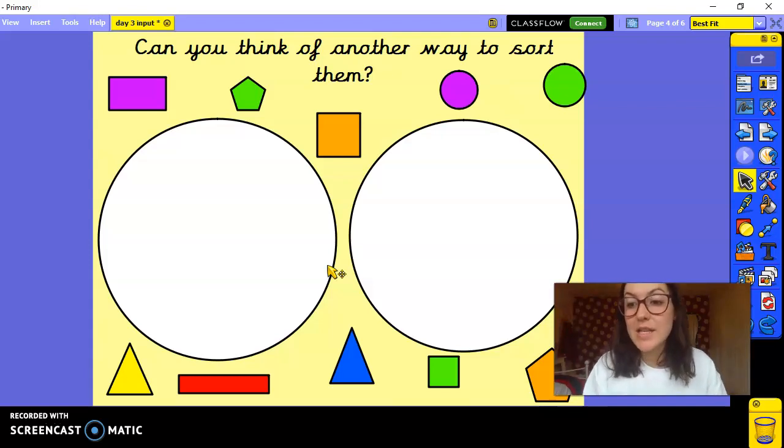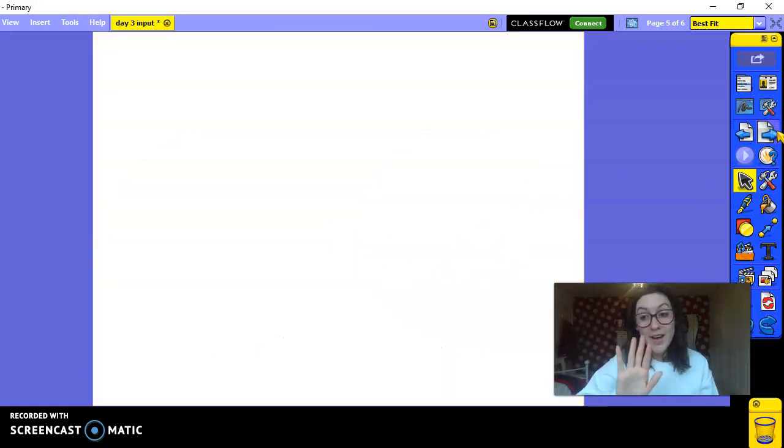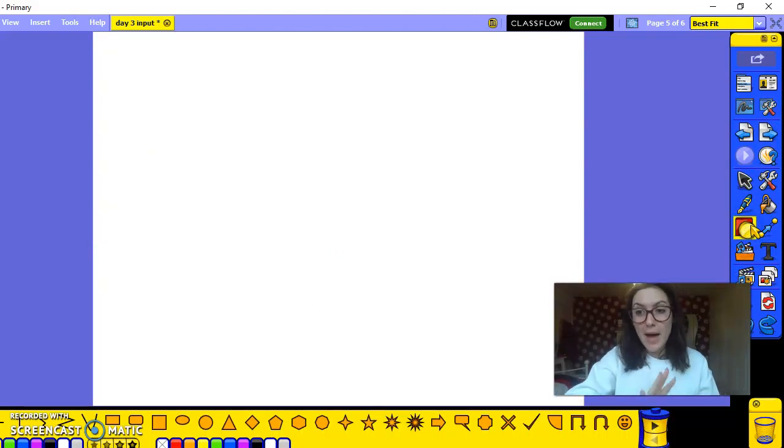Now, for today's challenge, as it's nearing the end of the week, and I thought, how can I make maths exciting for you all? So you are going to create a winter or Christmas themed picture using shapes. So let's do an example. I don't know how this will turn out, so we all know Miss Clark's art isn't the best. So I'm going to do